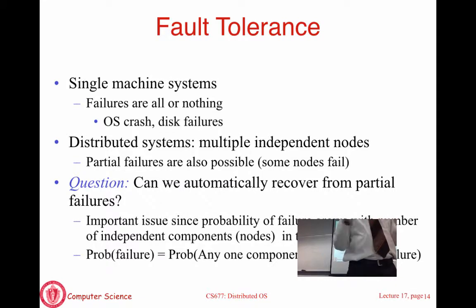If you have a large cluster, you will know exactly what I'm saying. Let's say a cluster with 1,000 nodes. Some small number of machines will be down: a disk has failed, something went wrong, the OS crashed, the machine overheated. Some problem or the other is going to crop up, and even though these failures may be independent, simply because of this probability, you are going to have a scenario where some nodes are down.